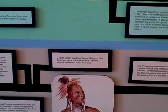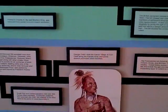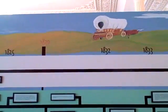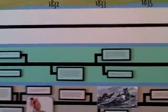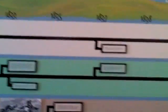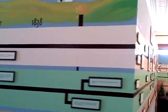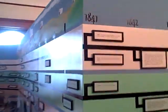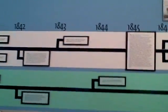George Catlin visits the Kanza village of Fool Chief along the Kansas River and paints several prominent members. So we can see the age of cooperation and collaboration up until about 1830, when we had the Indian Removal Act, displacing tribes from east of the Mississippi River. And then we come to a turning point, or a tipping point, shortly after the Alamo event that precipitated the Mexican-American War and the Army of the West,